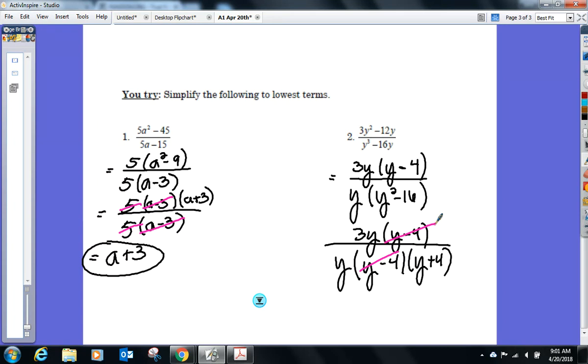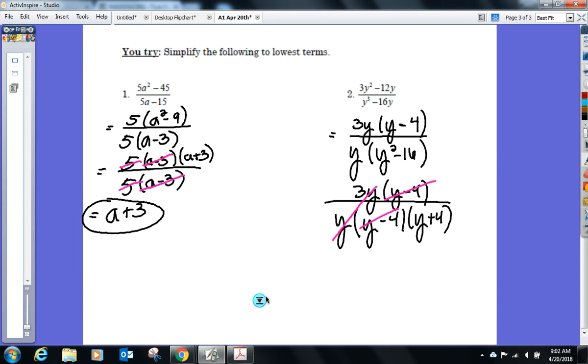Can I cross out anything else? Which ones? The one next to the 3 and then the one in front. These two here? What do you guys think? 3 times y. And what's happening with the y in this one? You are correct. Those y's can go. Only thing left in the numerator now is a 3. And in the denominator,